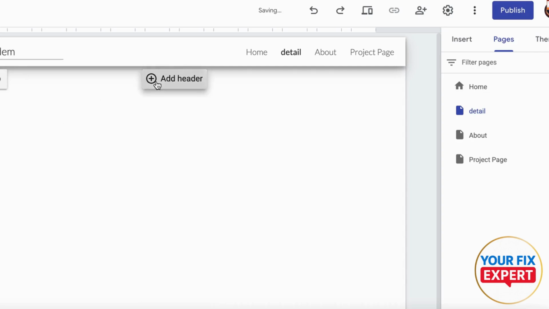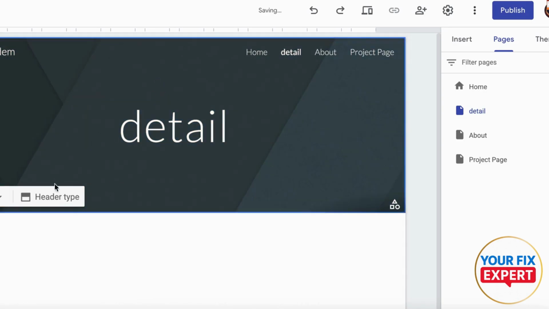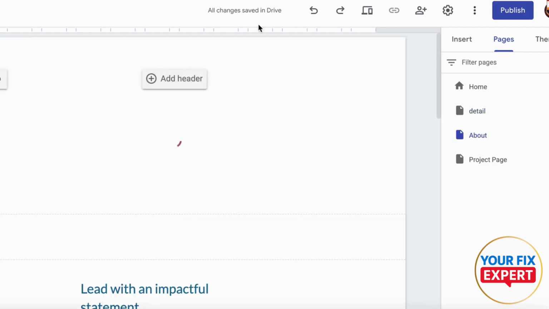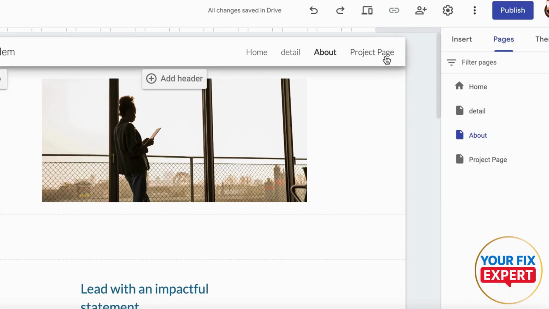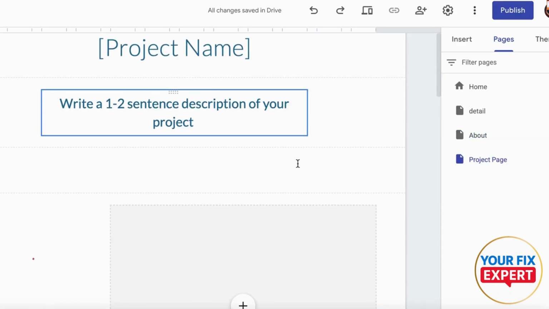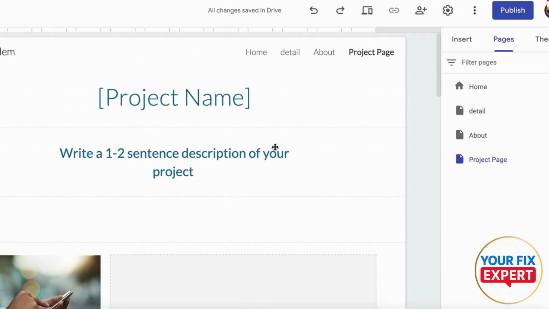You can add header here, right, to give it a look. If you want to choose images, just go ahead and upload your image. If you want to add about your website, or about you, about yourself, all that stuff. And right here, you're going to see, of course, the project pages, right, or the project page where you show